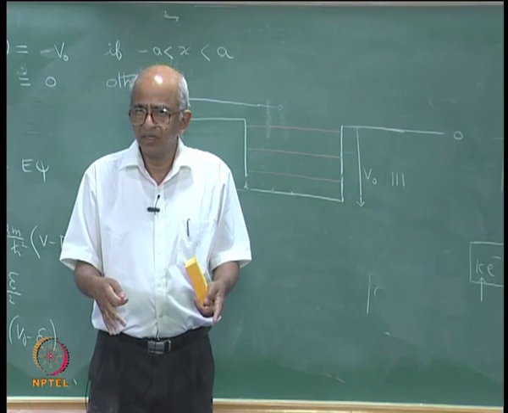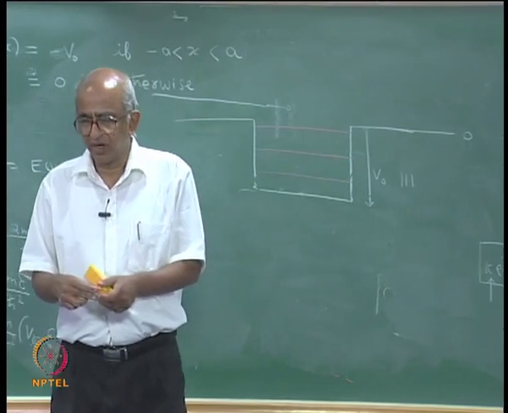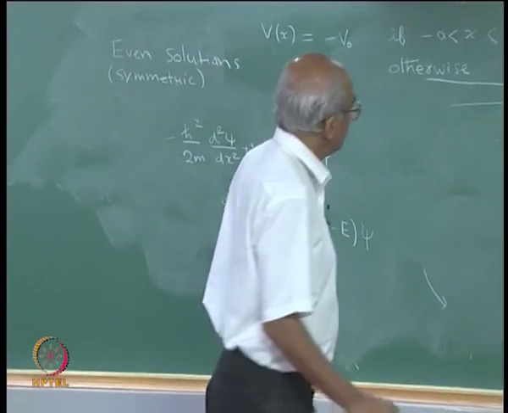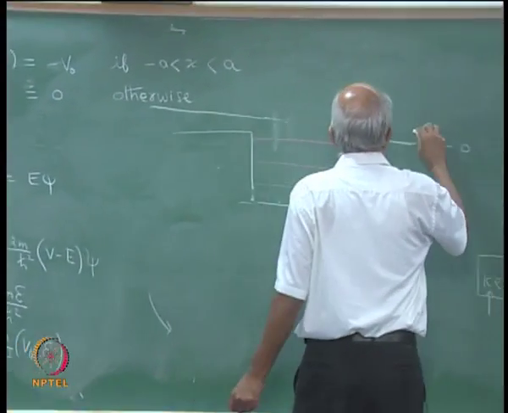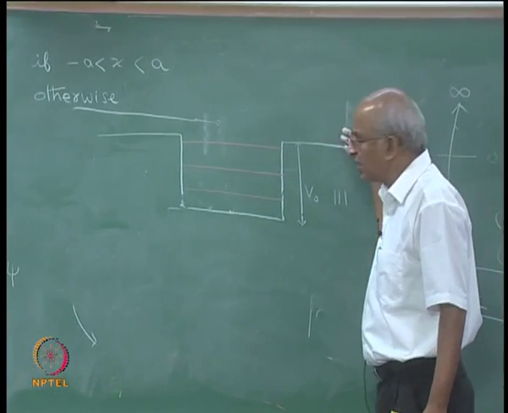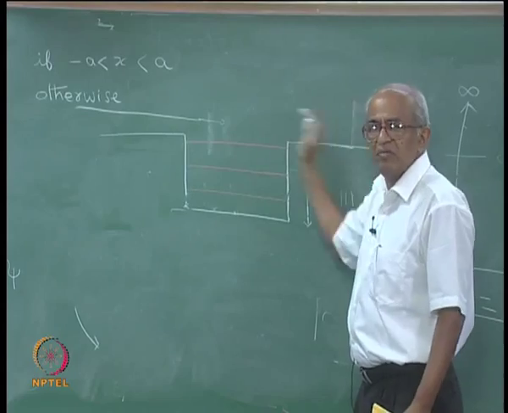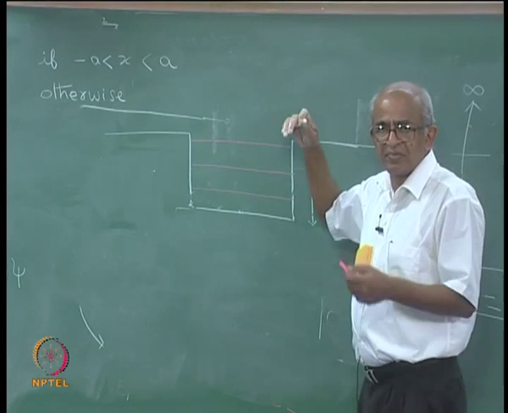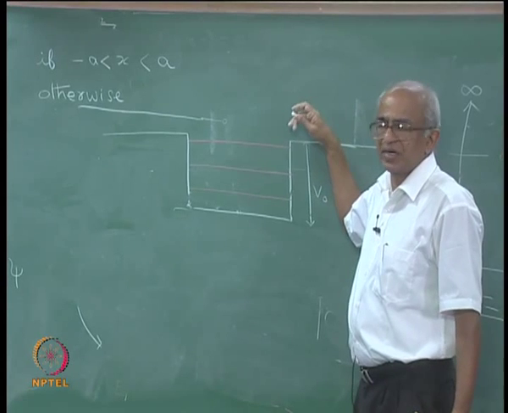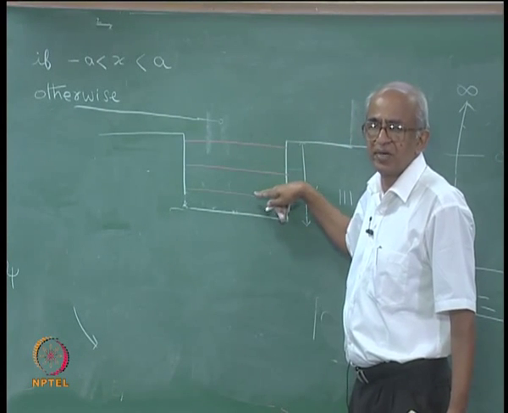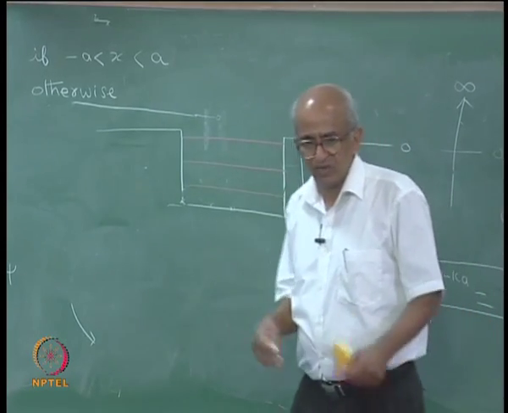Okay. And then you can also ask what will happen if the energy of the particle is greater than 0. Just as in classical mechanics, if the particle has an energy which is above 0, it is not bound here, but it can go away. So that will represent an unbound state of the particle, while these 3 will represent the bound states of the particle. Okay, I think we will stop here.